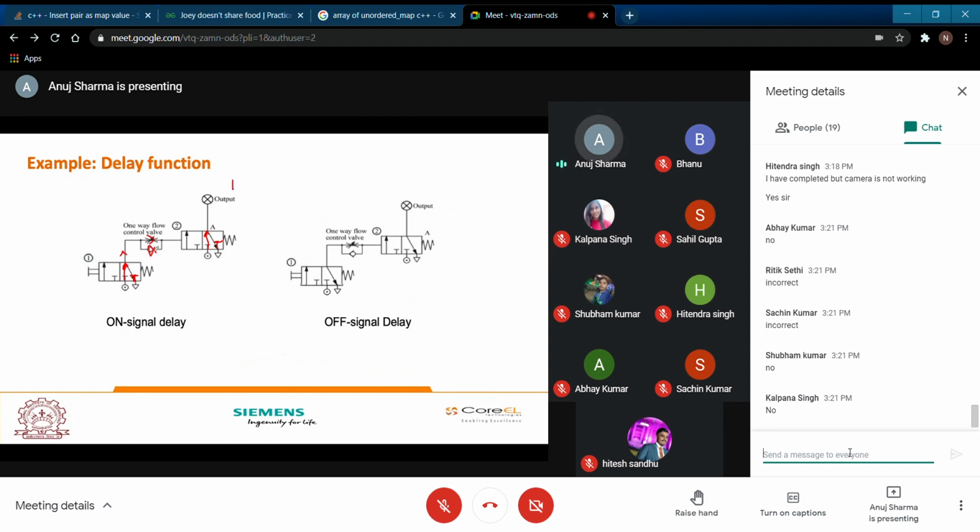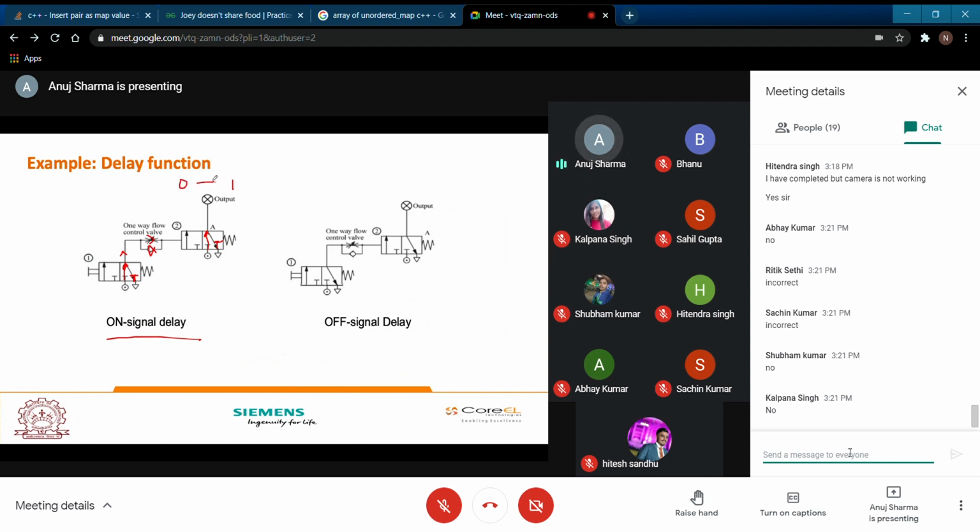But there is going to be a definite delay because of the passage through the throttle valve. Since the flow is throttled, the pressure required is going to be achieved, but after some time. So it is your on signal delay. Why? Because it delays the signal to convert from 0 to 1.